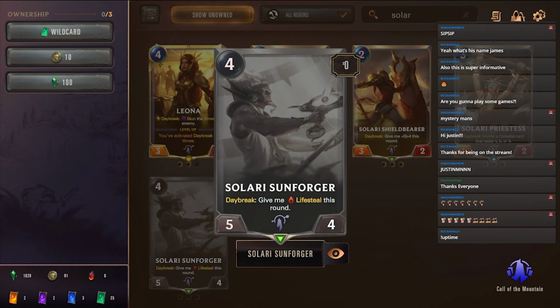So I completely agree with what you just said. It doesn't exactly fit with Targon's identity, but just looking at the card by itself, I think it's relatively strong. So Daybreak means it has to be the first card that you play for the turn, which is fine. It's a unit, and then it gets lifesteal at a 5/4 stat line for 4 mana. Yeah. And I think that the 5/4 stat line at 4 mana, just basically immediately gains you 5 health back that turn,